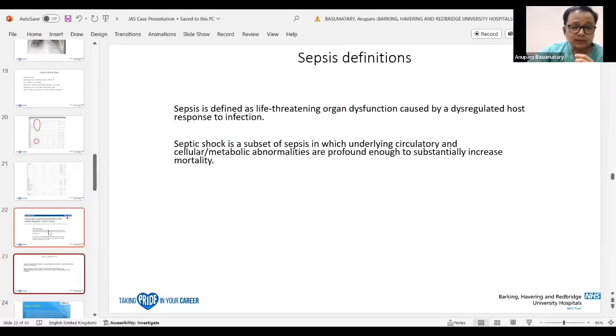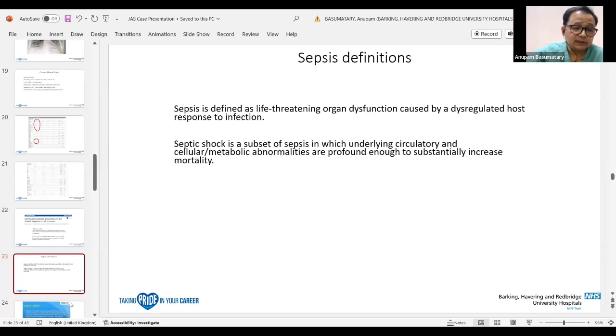And while we are dealing with chronic pneumonia, they obviously present with lots of problems. If they are having very severe disease, they are developing sepsis, as probably Aisha has already covered. Sepsis is a life-threatening organ dysfunction caused by dysregulation of the response to infections. And this patient we could label as going into septic shock, although it's a combination of sepsis and sedation. But clearly, he had a circulatory problem with